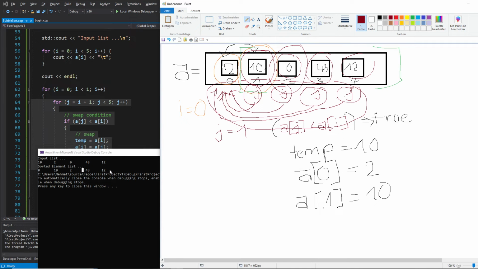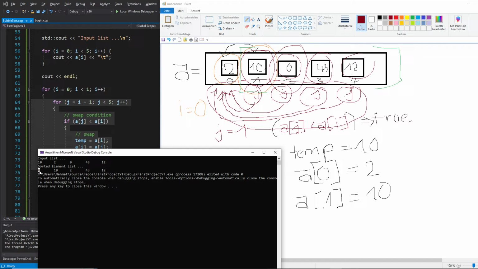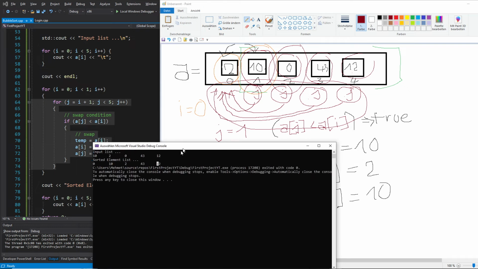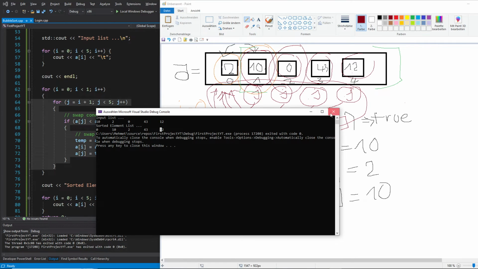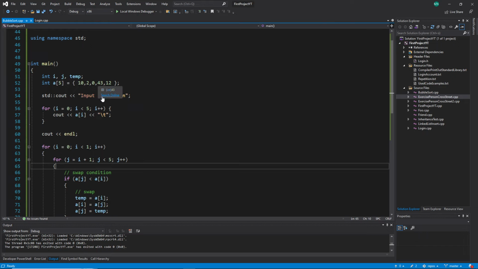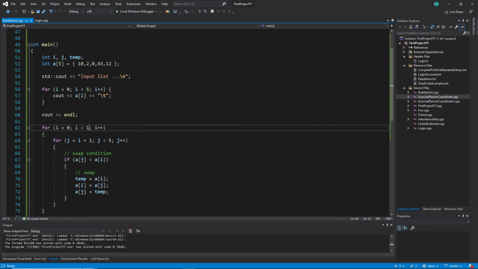And then 12 and 0, no, 12 is not lower than 0, you stay. And we check the first iteration. And you see, yes, we understand it. All the lowest numbers are going to the left side here. Right, the lowest number. And then when you check now the next number, for example, I said you can just